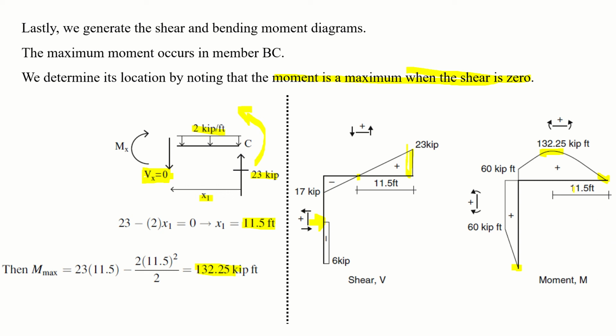So at 11.5 feet, which you have determined here mathematically, the maximum bending moment is occurring, which is 132.25, right? And after that, it is going downward up to 60 kip feet. And this 60 kip feet is resisted by the 60 kip feet of the column. Up to this point, there was no force, so the bending moment diagram is 0 degree. After that, the shear force diagram is 0 degree, so this bending moment will be 1 degree, and it will bring it to zero. So this is your bending moment diagram for the frame.